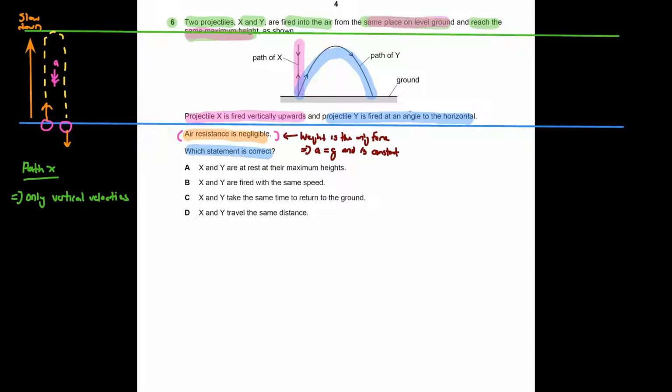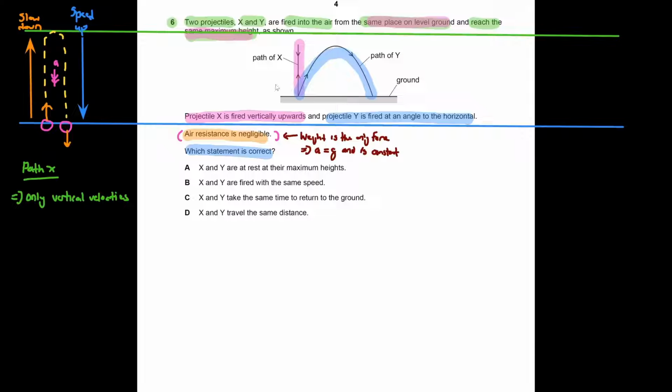So let's go back to path X here. We know that when it goes up, it will slow down because the motion is opposite to its acceleration. But when it goes back down, it will start to speed up, because in this case now, the direction of motion is in the same direction as the acceleration. Okay, so if you try to visualize the velocities going up and velocities going down, this is what you